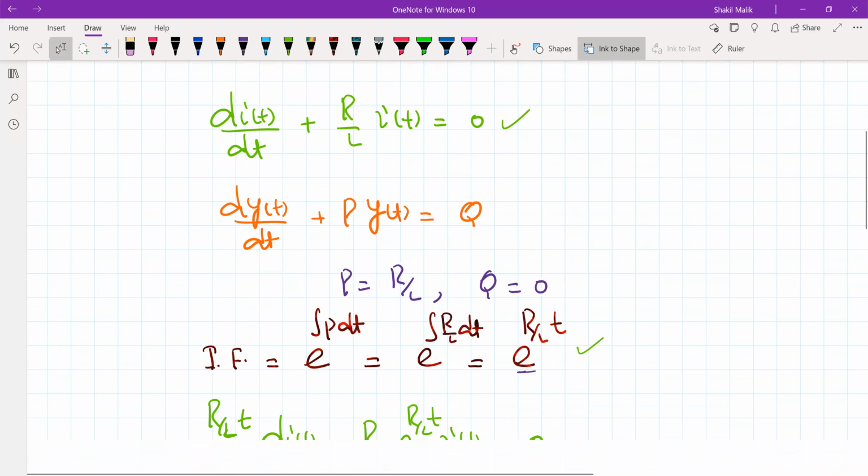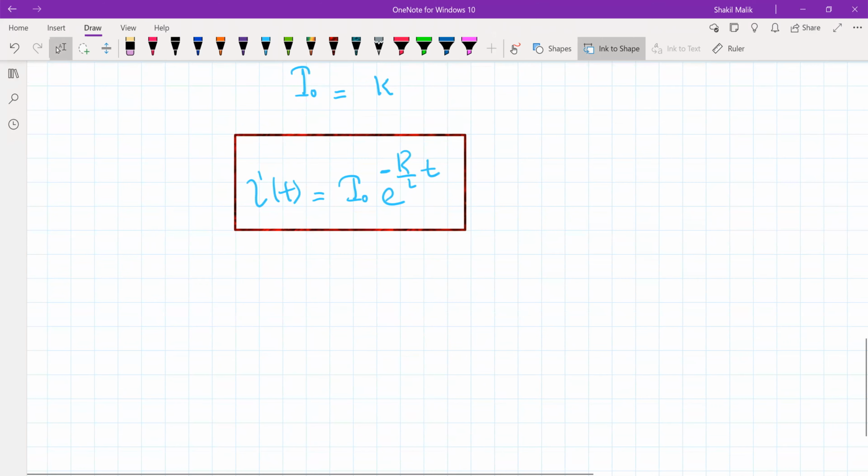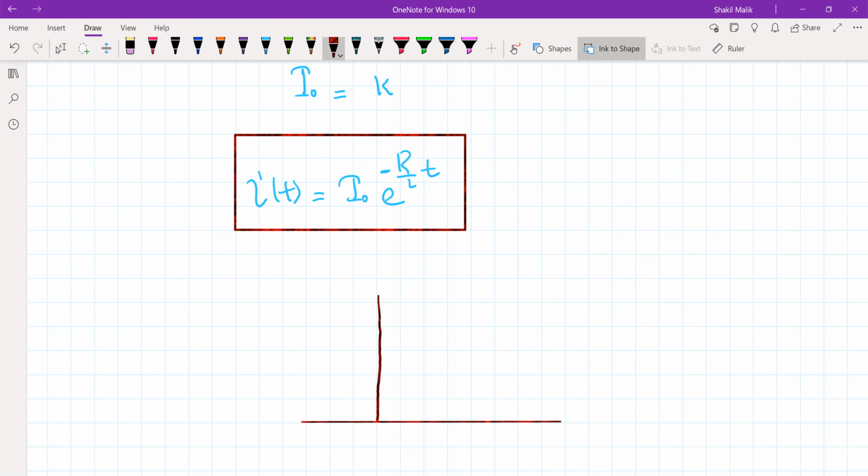All right. Now, if we plot this current versus time, this is our I of t, this is t, the current. The initial current we assume is I naught. As you can see the behavior, it looks like this. The current goes down like this. At t equal to infinity, this term is equal to 0, so the current will be equal to 0. So this is the behavior of the inductor current which flows.